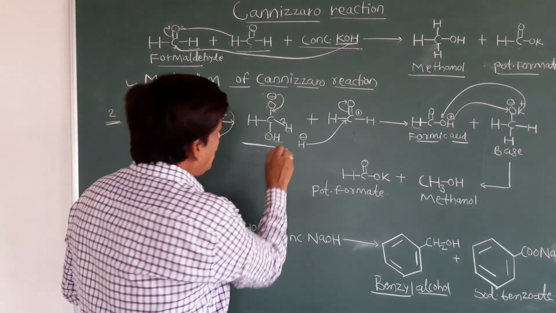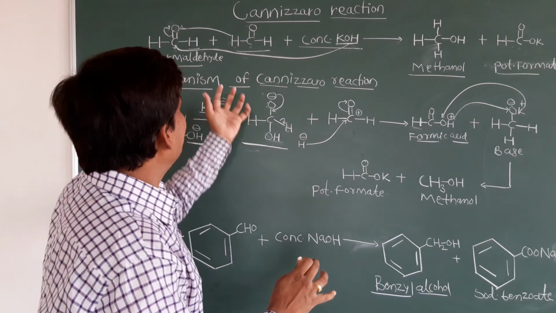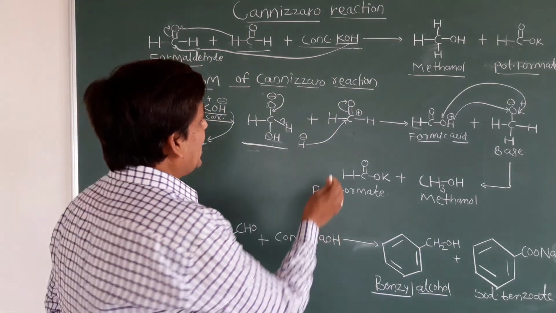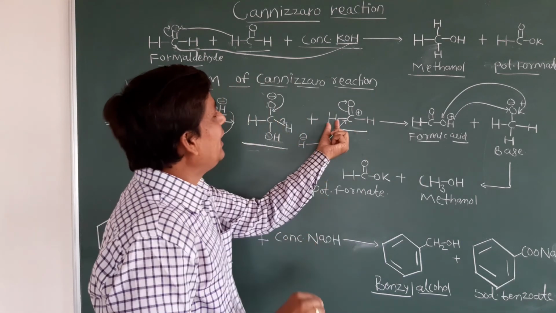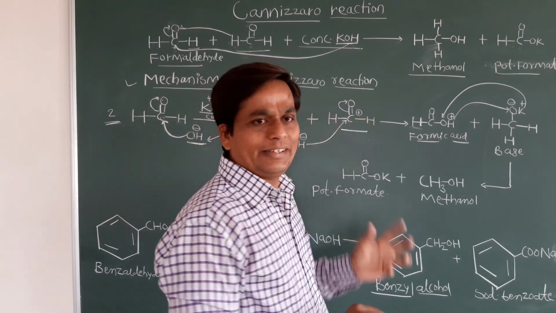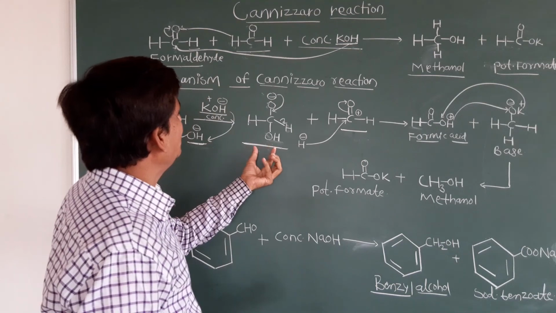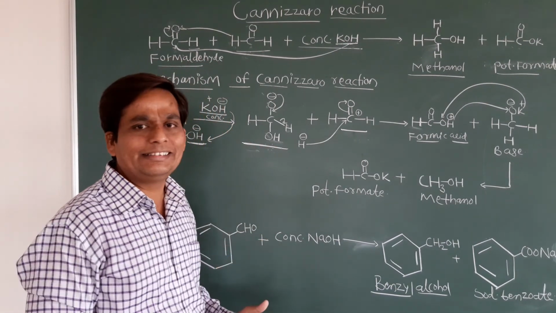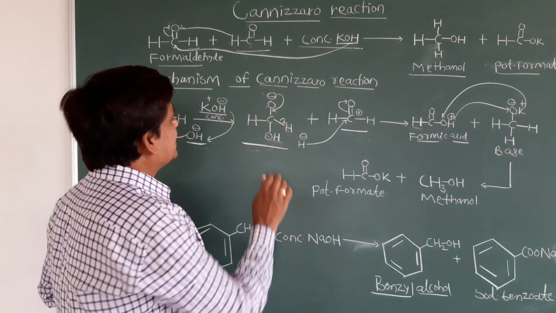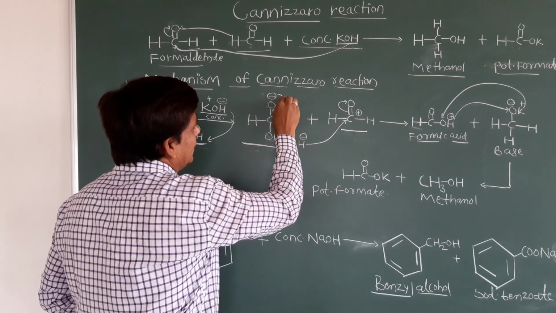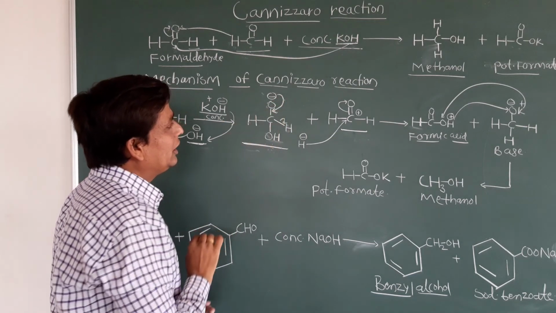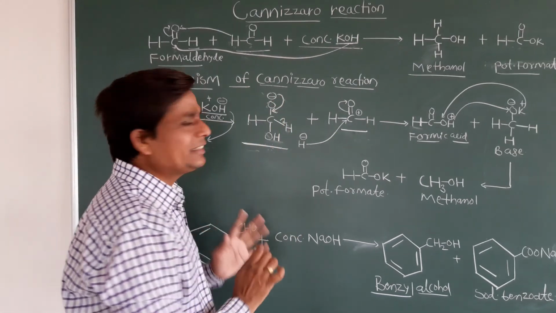Okay students, now in another part, how does the second molecule of formaldehyde play its role? Just check it. I have taken the second molecule here, HC double bond OH. In the first molecule we get this compound, this tetrahedral structure. Now what happens in this case? This O minus comes here, so it rebonds. The O minus shifts here, and again the double bond comes here. And what happened in this case now?